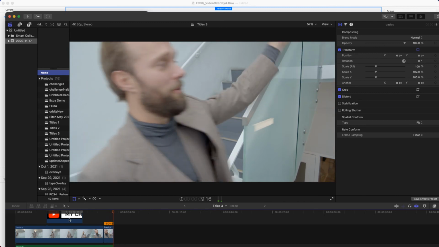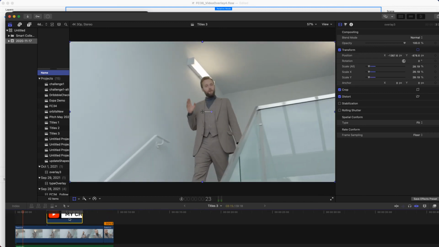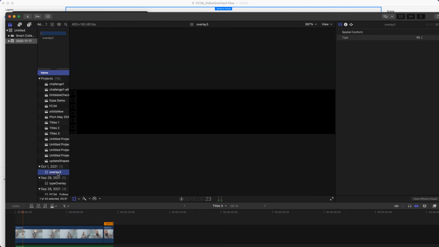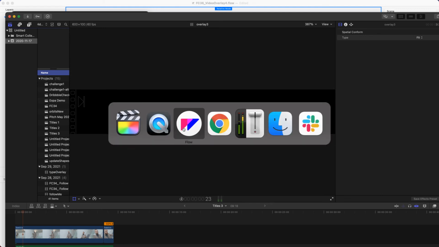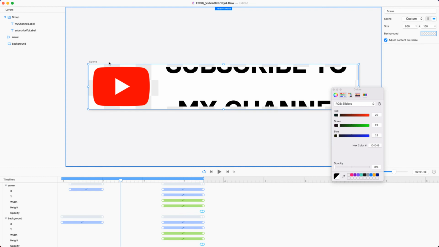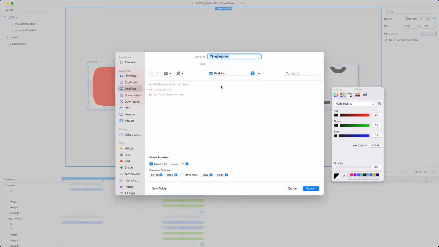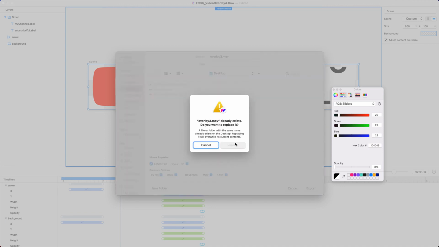I forgot to do something. I'm going to delete this. It looks terrible because in Flow, the size of this scene is 600 by 100. So let's do another little thing and scale this up by 4x, which is going to give us tons of resolution. Overlay 3, export, replace,